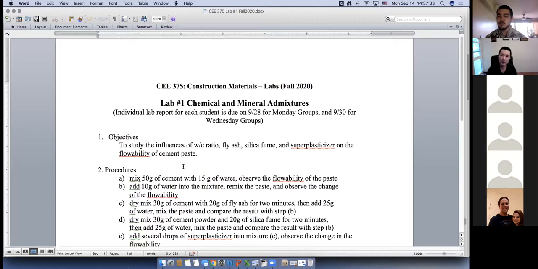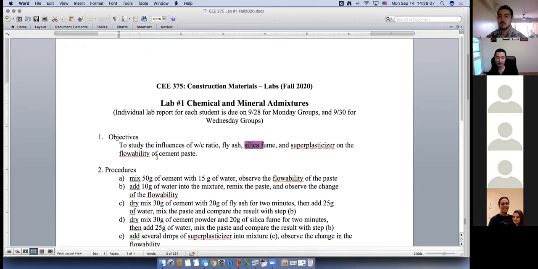Last week, we discussed silica fume, fly ash, and slag. So this belongs to mineral mixtures. And this morning, we discussed chemical mixtures, such as air entraining agent, superplasticizer, retarder, and accelerator, and so on. But today, we only choose some of them. Okay, we need to study how the water to cement ratio, W/C, how fly ash, silica fume, and superplasticizer affect the